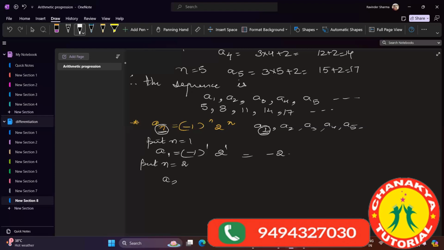Then A2 will be, tell Abhinav. (-1) to the power 2, and 2 raised to the power 2. So when you see (-1) whole square, it will be 1. 1 into 2 squared is 4. So it will be 4, right? Now next is